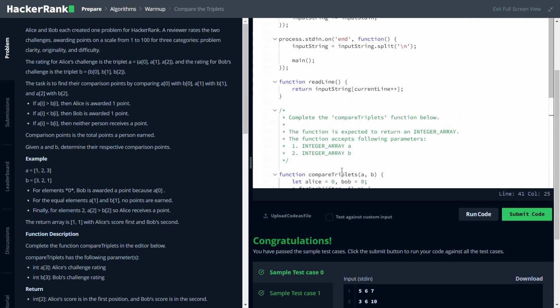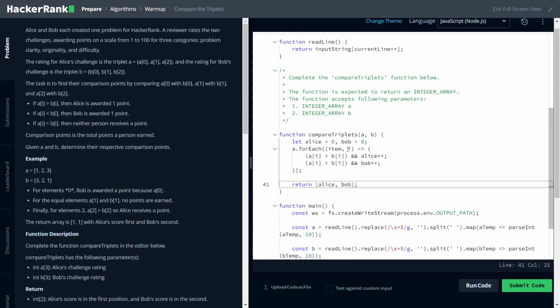Right, so what I did, if we go back to the function, the compareTriplets function accepts A and B, 2 arrays each containing 3 numbers. This function's objective is to compare the corresponding elements in each array and count the instances in which an element in array A is larger than an element in array B, and vice versa. The function initializes two variables, Alice and Bob, to keep track of how many times each array triumphs. In order to achieve this, the forEach method